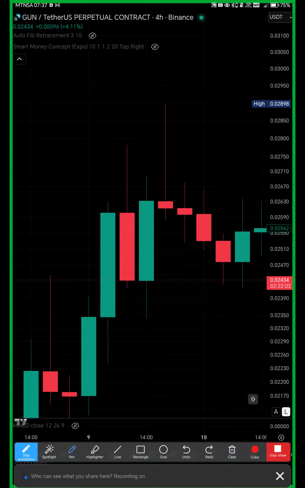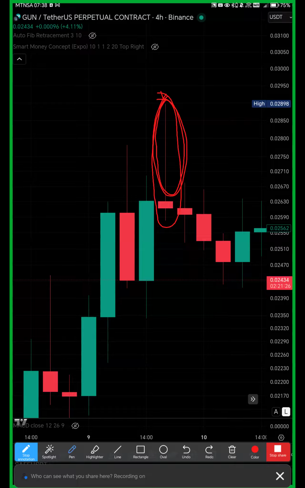Look at the significance of the high. What do you call this? A shadow. It is a long upper shadow. So these are sellers. What are they doing? They are resisting price. So this is a shooting star formation, a pin bar. Sometimes others, they call it a hanging man.